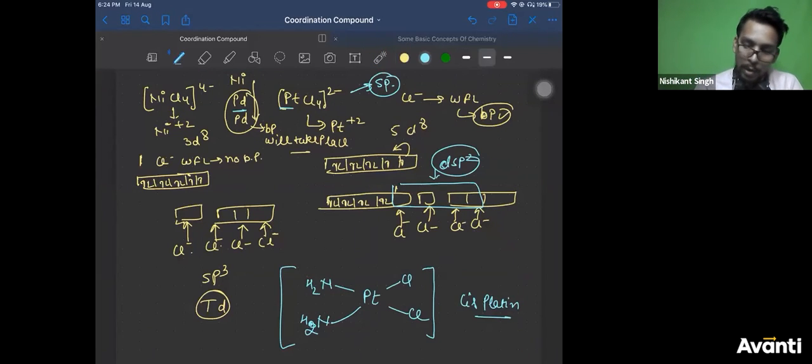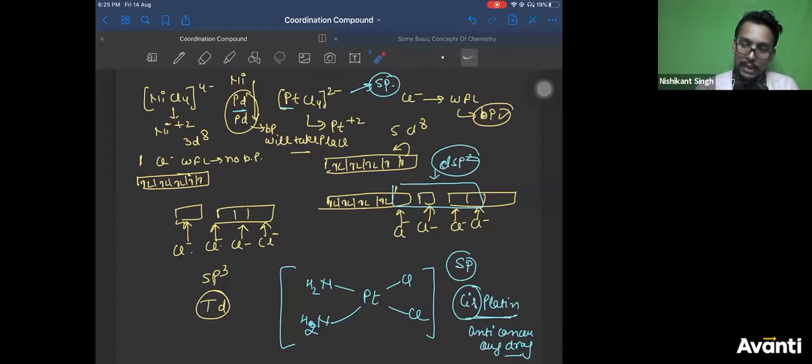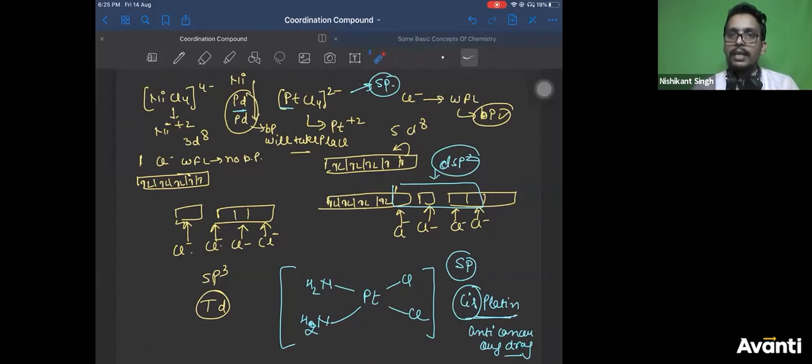Very good, Gauri. This compound is known as cisplatin. It is an anti-cancerous drug. Very good, Chetana. So this compound is cisplatin. Have you observed the name has cis geometry? And it is also square planar. If the two Cl are at 90 degrees, it is cis geometry. If you draw its trans geometry, it never acts as an anti-cancerous drug. Only the cis isomer is an anti-cancerous drug. The trans does not act as anti-cancerous.